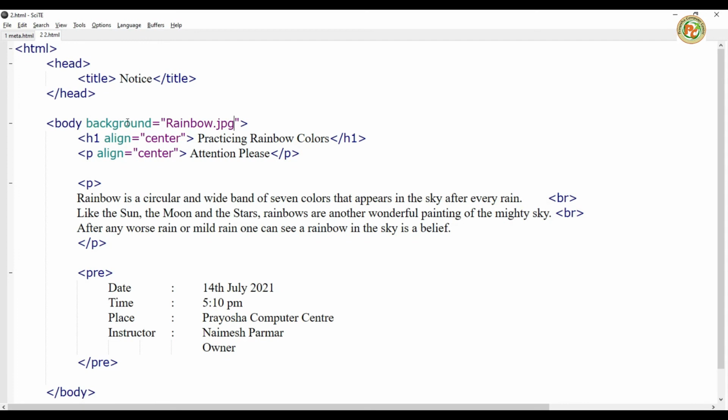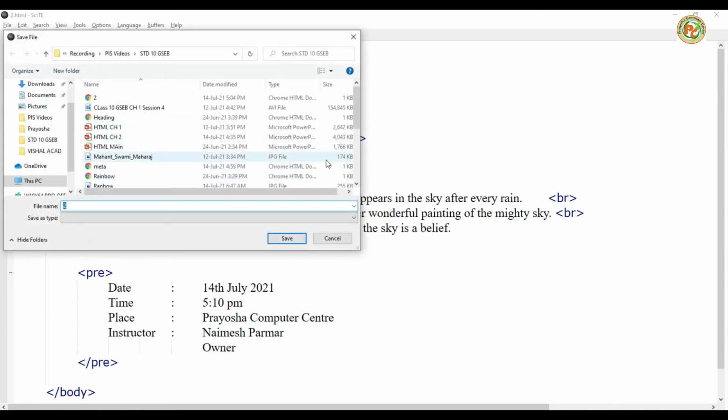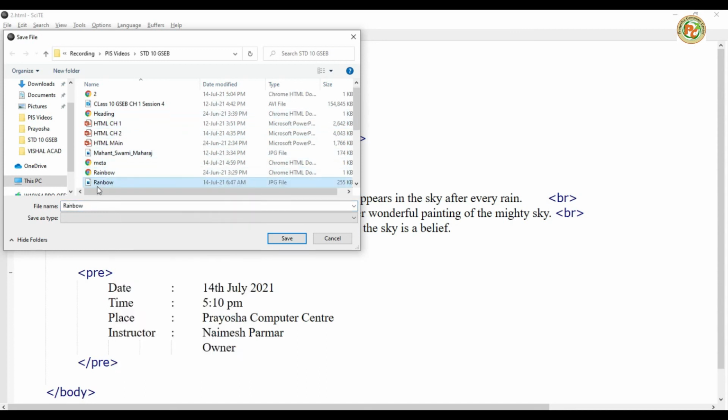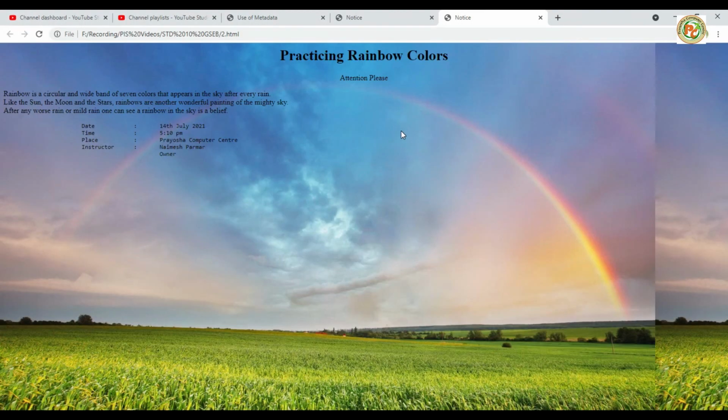Background is there, rainbow, I think. Let me check again the file name. Okay, we'll type here rainbow.jpg. Yeah, rainbow is there, that's why it is displaying.